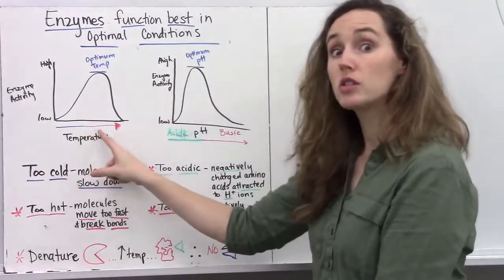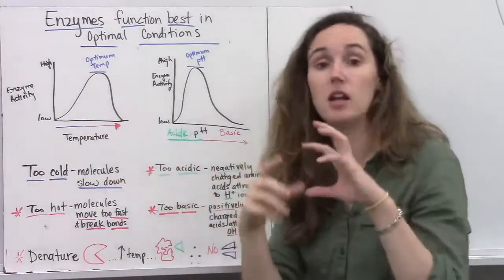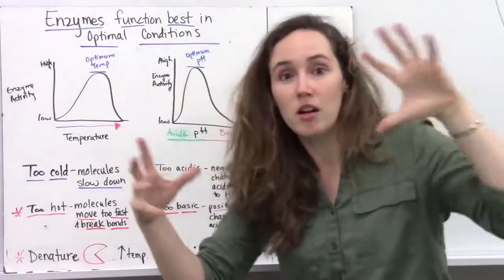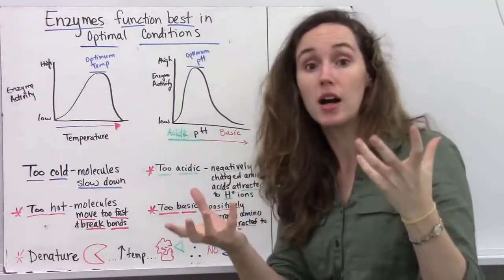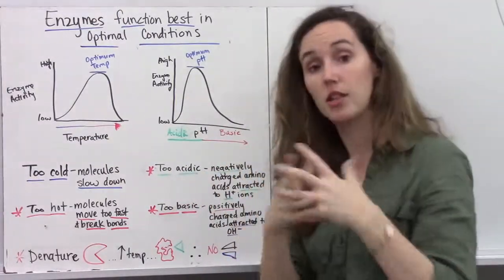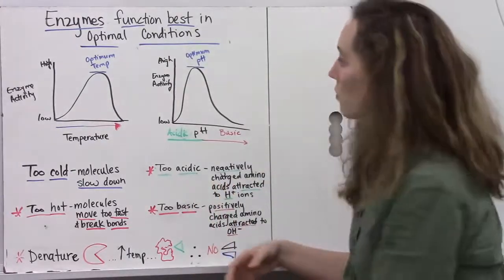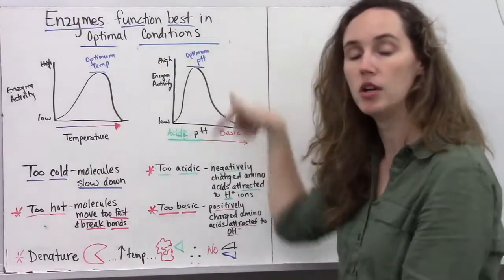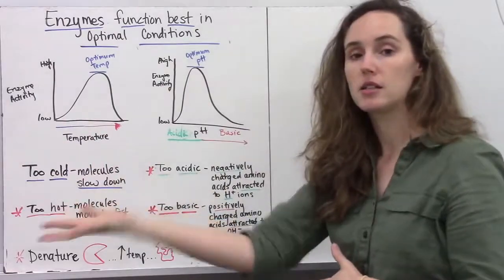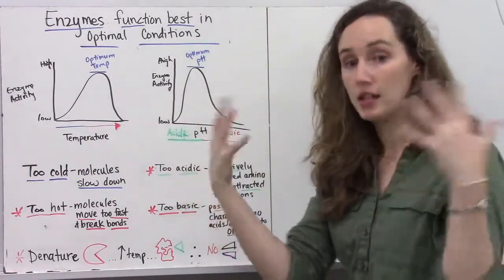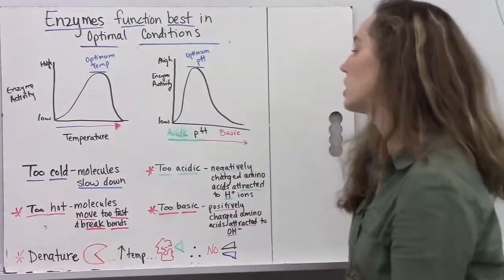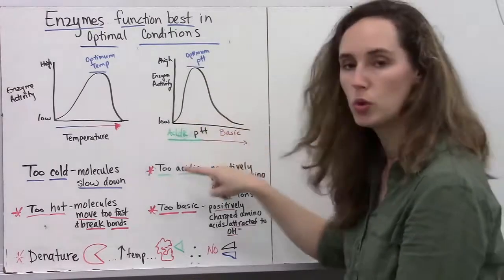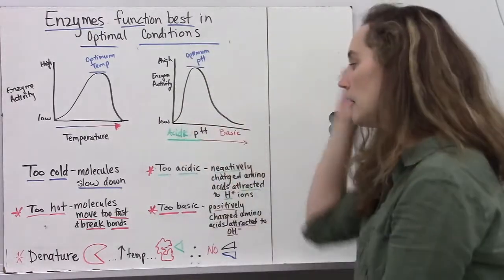But if the temperature starts to get too high, then those molecules that were moving really nicely start going everywhere, and it actually breaks some of the bonds that have been holding that enzyme together in its special structure. Same with pH. There's an optimum pH, or a certain amount of acidity or basicity, that an enzyme is in that makes it work the best. So if an enzyme is in a too acidic environment,